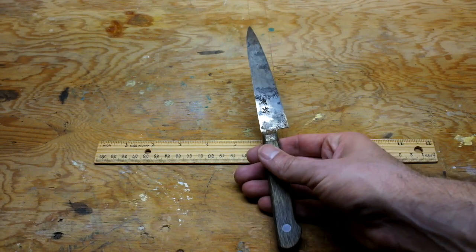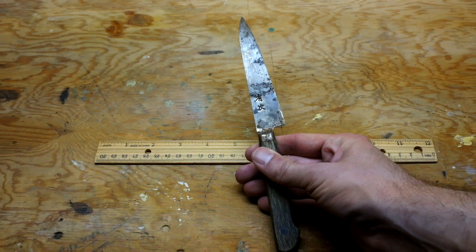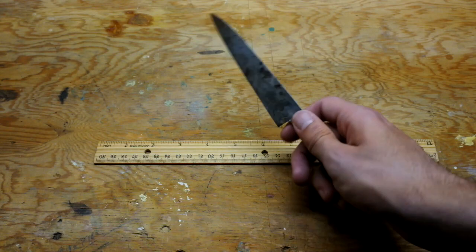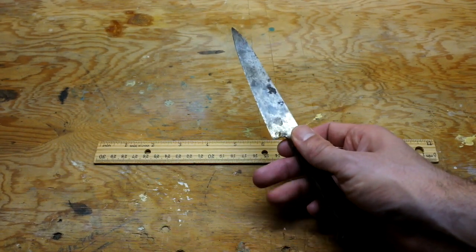I don't know what the Japanese characters say. Maybe someone can tell me what that is. But anyways, a lot of